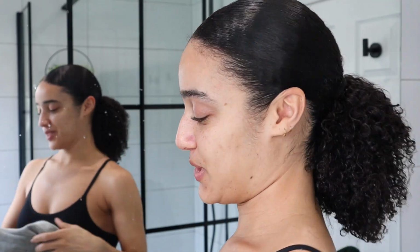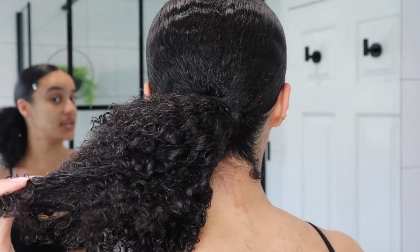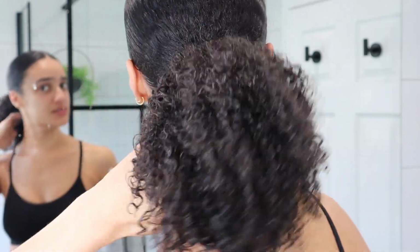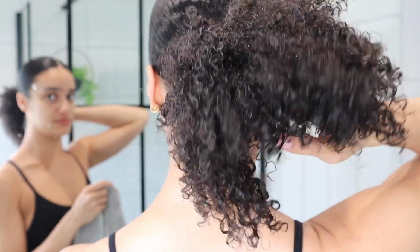Okay. Now I don't want my hair to be dripping wet as it is, and my hair takes forever. Oh, look at my curls. I like this product. This product actually feels really good. It's making me want to leave my hair out. No,